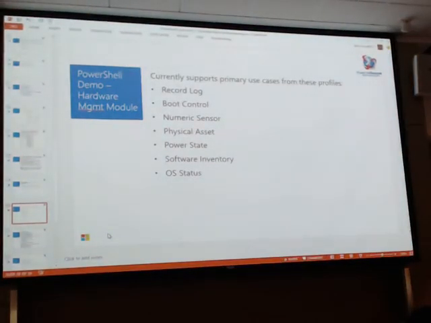Currently, if you go to DMTF.org and look at the management profiles list, there's actually a ton of profiles. There's stuff related to virtualization, fans, sensors, hardware, software, and so on. Right now, I'm only focusing on particular areas, which are more aligned with what happens when you've just got a new piece of hardware set up for remote management: how do you first install the operating system? That's why I exposed these capabilities. For boot control, which I can show, you can set up for PXE boots, boot off your network, and install the operating system.